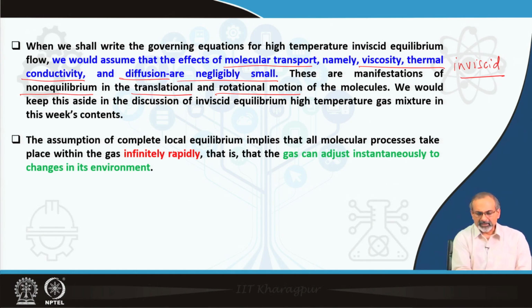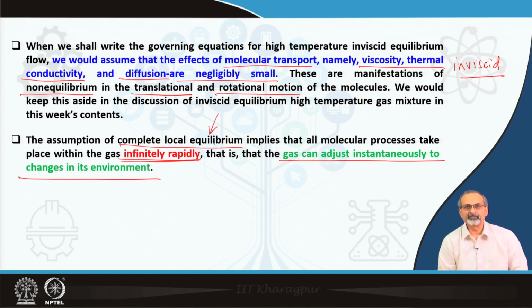The assumption of complete local equilibrium implies that all molecular processes take place within the gas infinitely rapidly. That is, the gas can adjust instantaneously to changes in its environment, and this is a very important part of the concept of equilibrium. So, the infinite speed with which the thermodynamics adapts, the chemical reactions adapt, is the pivotal point to ensure that we have local equilibrium from point to point in a flow field, ensuring thermodynamic as well